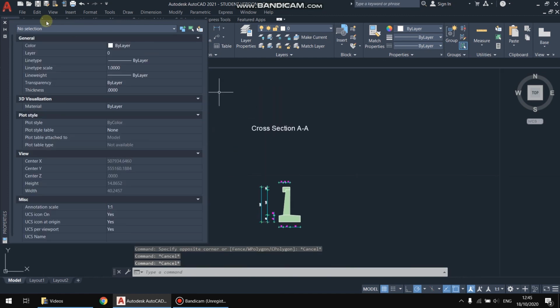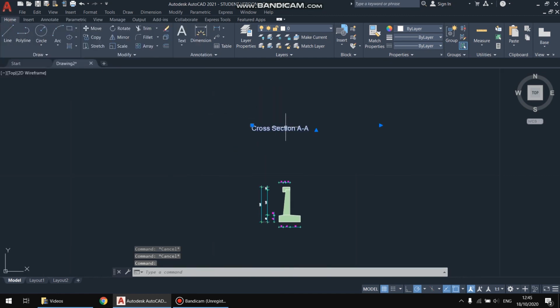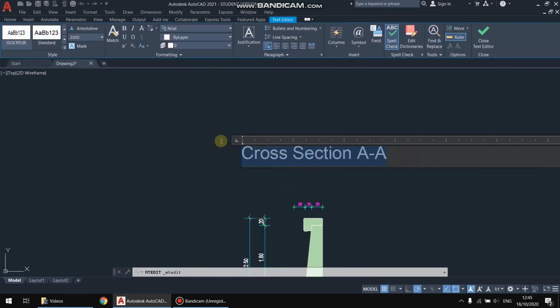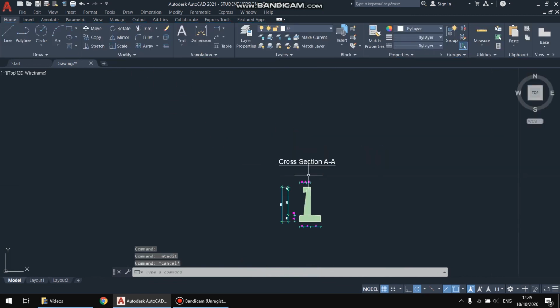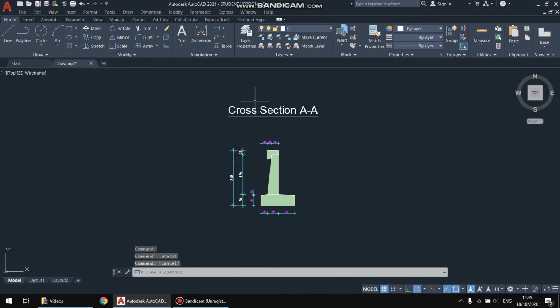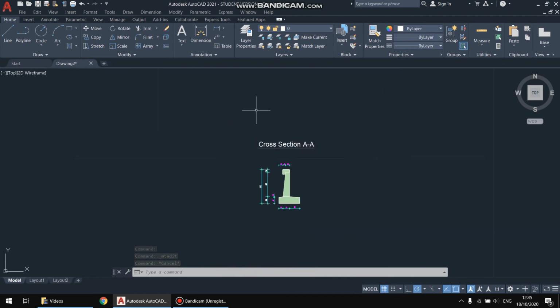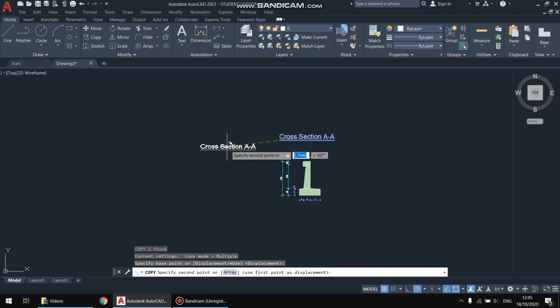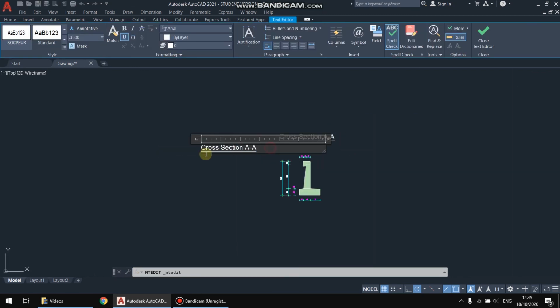Click enter, and I have my text right here. Maybe I can even use the underline. So this is an engineering drawing. Oh, we also forgot to put some text. I'm gonna copy and write